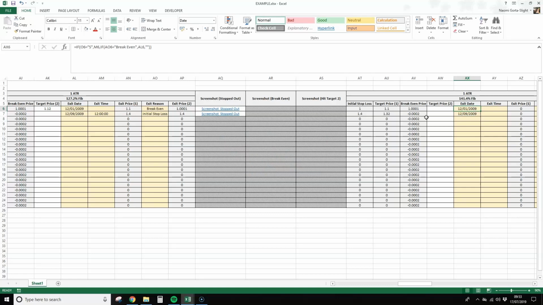And there we go, because it hit break even, it's taking that, and then just double click, pull the formula down. And then we're just going to do this, and look, it's pulled it for this as well because we hit stop loss. And literally just do the same for the time, so equals if, sorry guys, one sec, equals if, we can just do it based on this, initial stop equals initial stop loss,